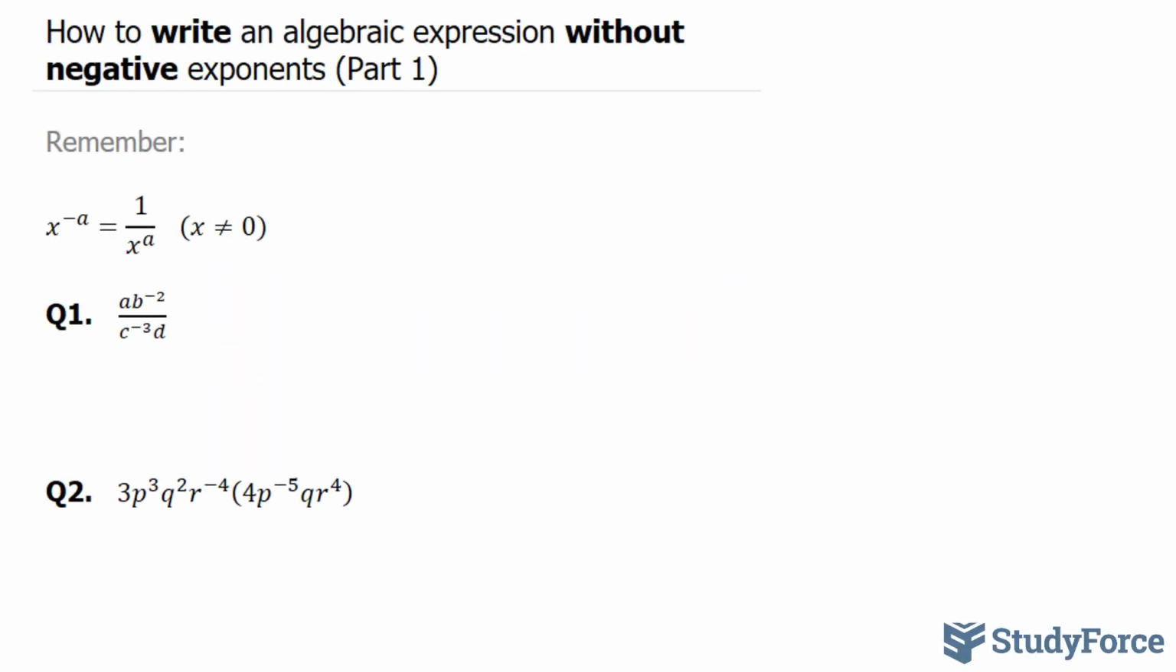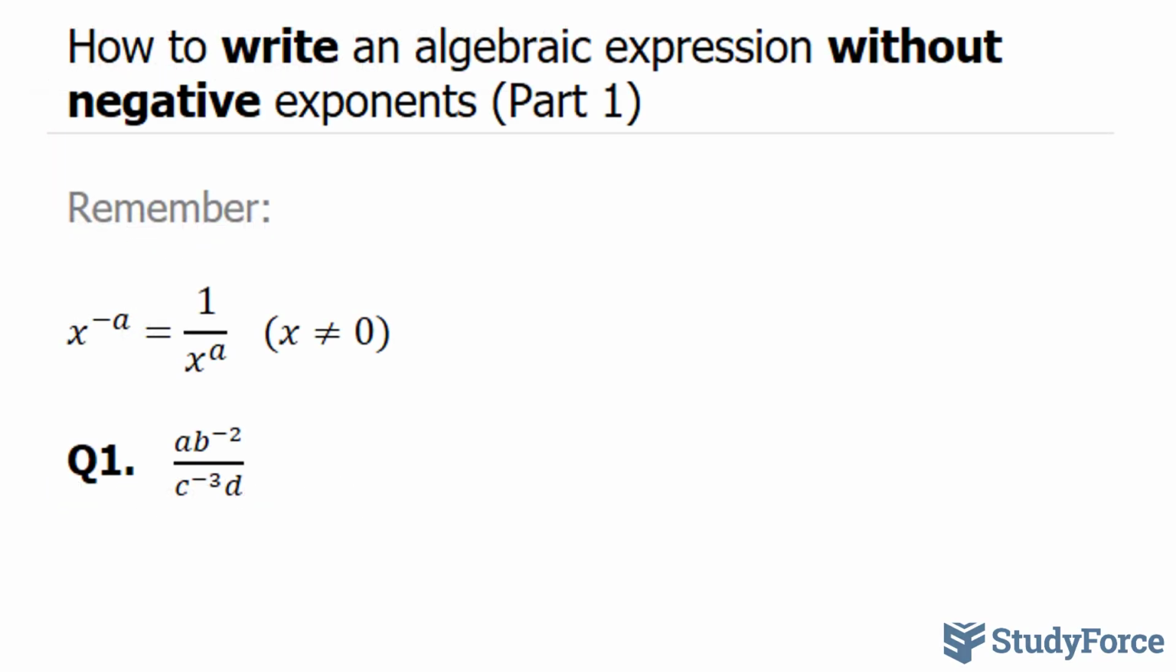In this quick tutorial, I'll show you how to write an algebraic expression without negative exponents. This is part 1. To write any algebraic expression without negative exponents, you have to use this handy trick, which tells us that if we have a term and it is being powered by a negative term, in our case negative a, you can take the reciprocal of the base, where you have 1 over x, and switch the sign